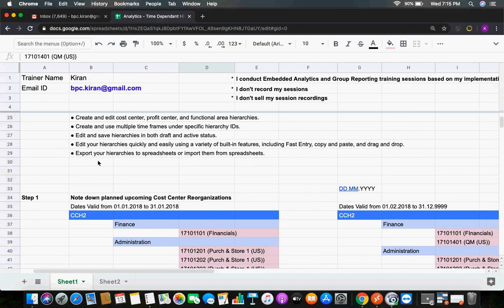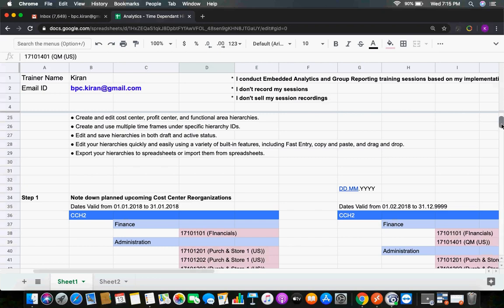All those options are there. You have drag and drop options; hierarchies you can create by drag and drop. Fast entry is possible. Fast entry in the sense you can give a range, and whatever cost centers are within that range come under one particular node. So these are the key features available.